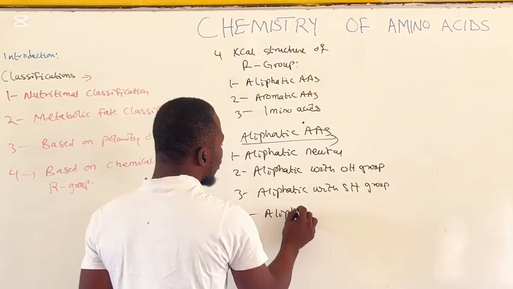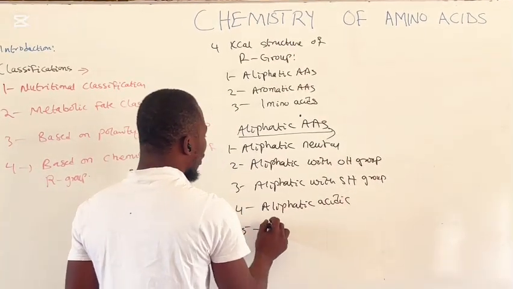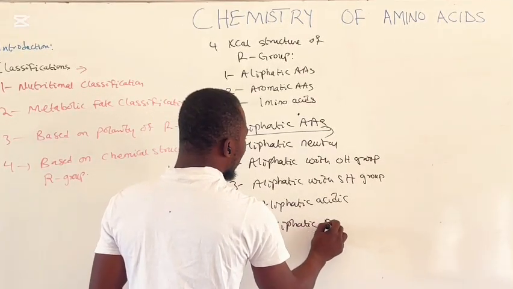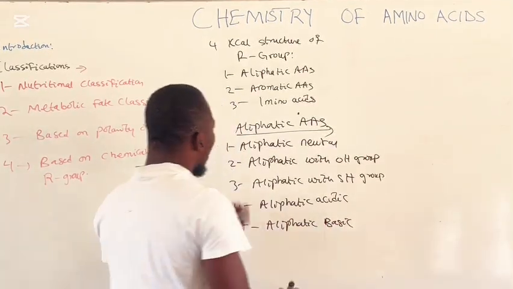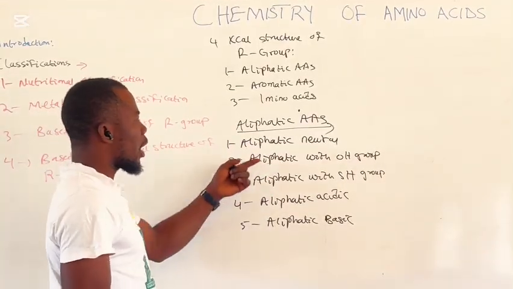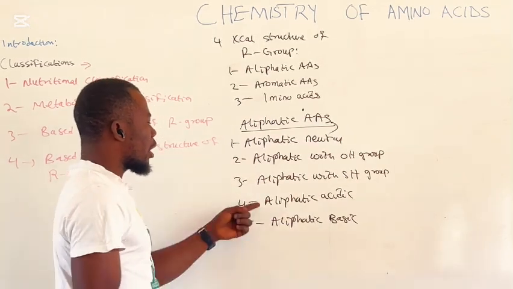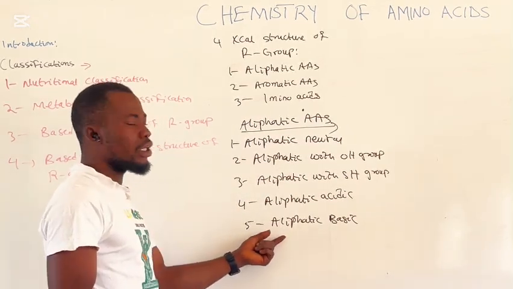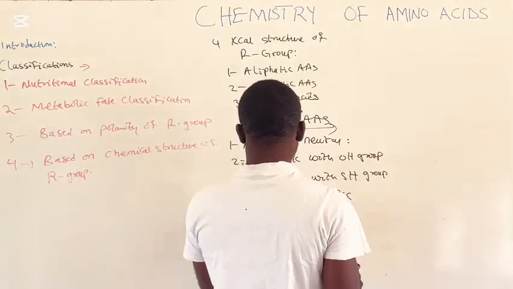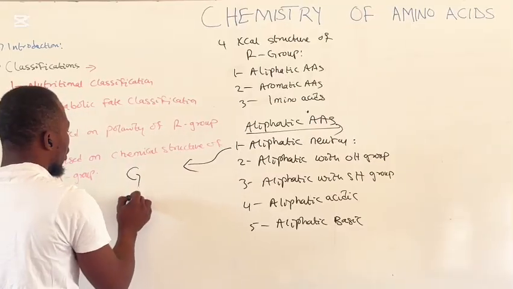Aliphatic acidic, 5. Aliphatic basic. So aliphatic amino acids are further classified into aliphatic neutral, aliphatic with OH group, aliphatic with SH group, aliphatic acidic, and aliphatic basic. The aliphatic neutral amino acids can be remembered using the mnemonic GAVLI,